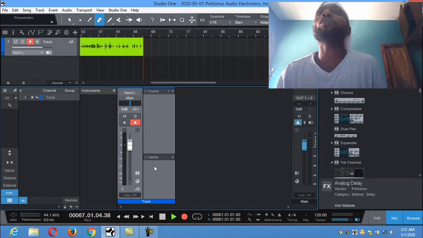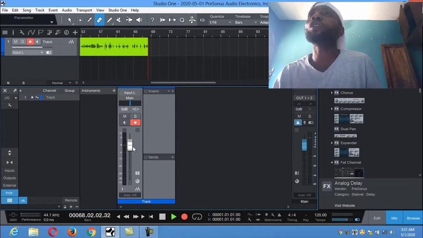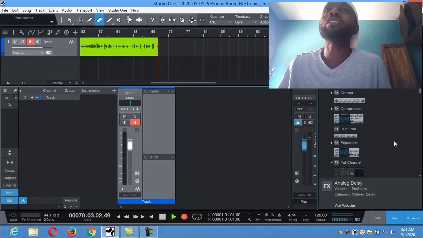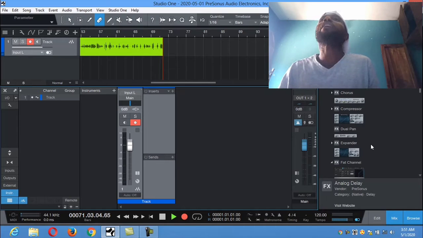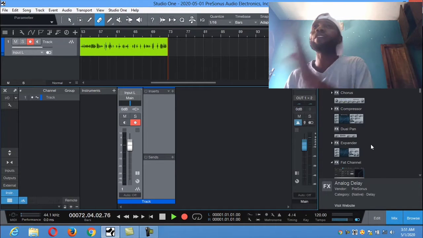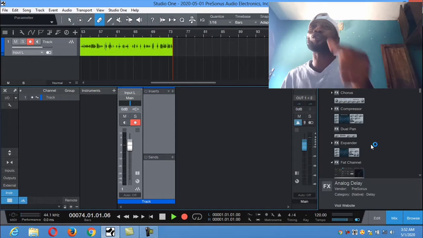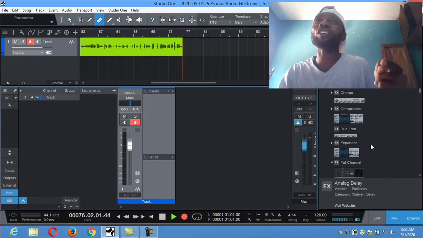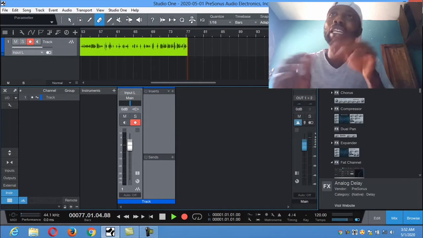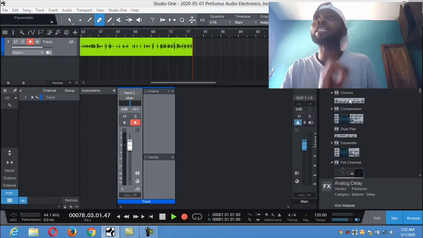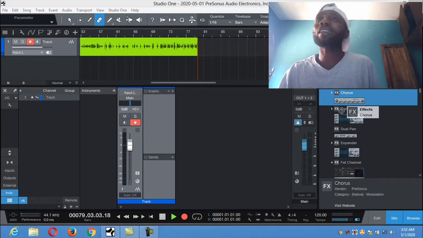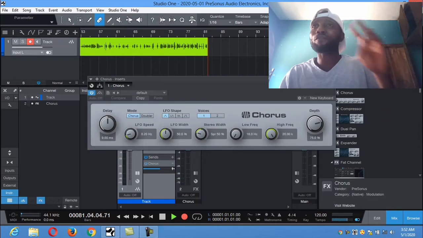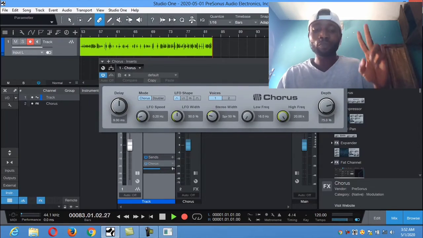But on PreSonus, I'm happy to tell you that you only need to pick the effect from the browser and drop it on the send, and Studio One will automatically open the FX channel, then route your channel to the FX channel with just 1 click, pick and drop. It has been awesome. I love that feature as number 2.